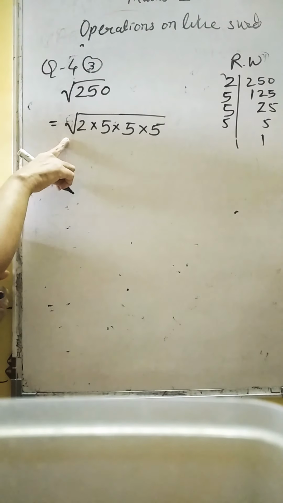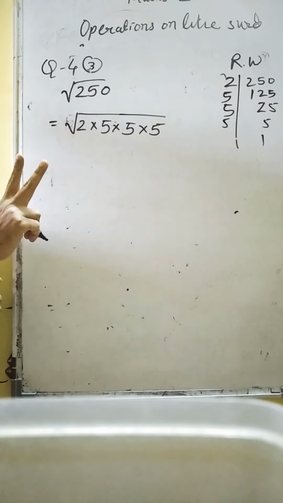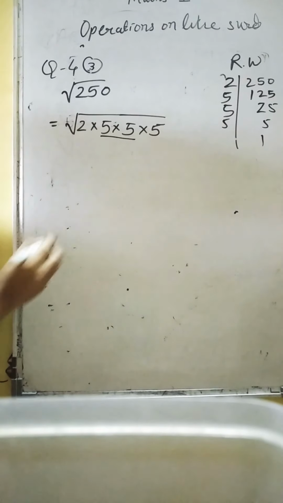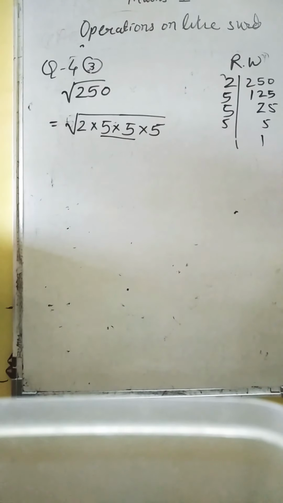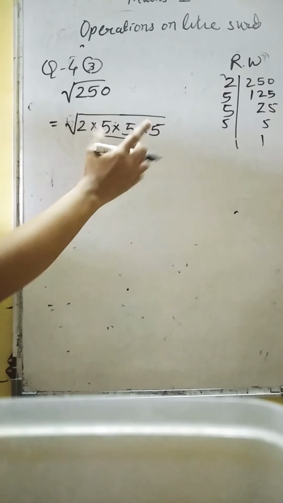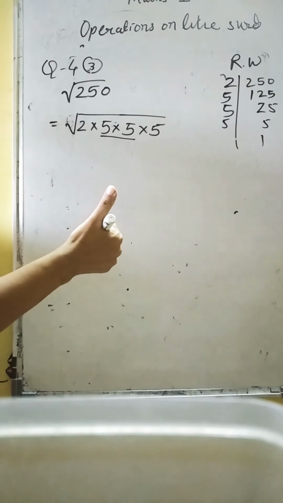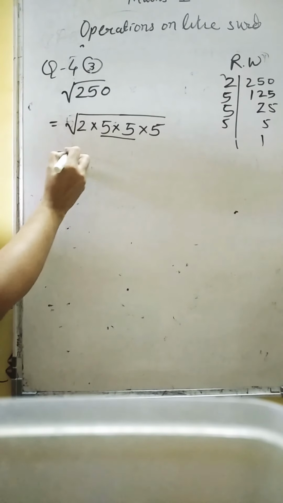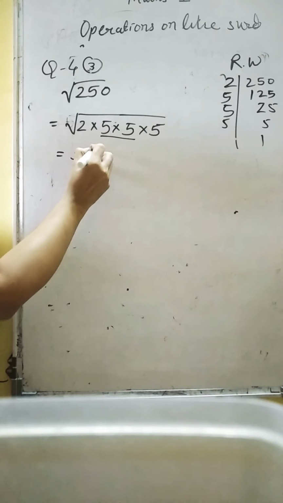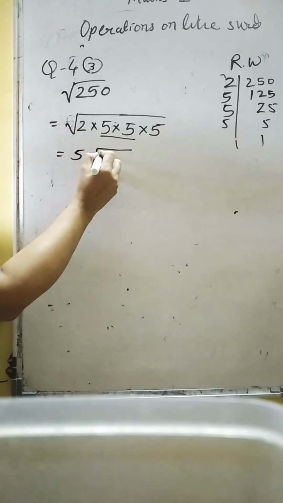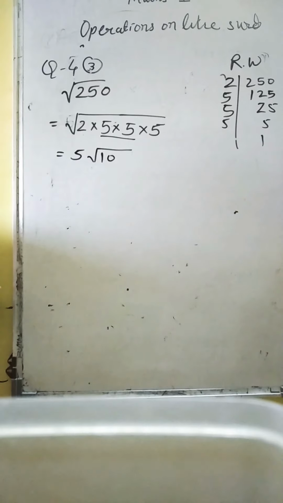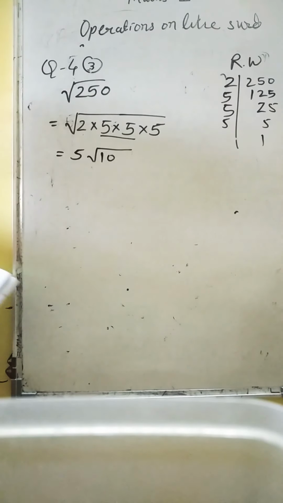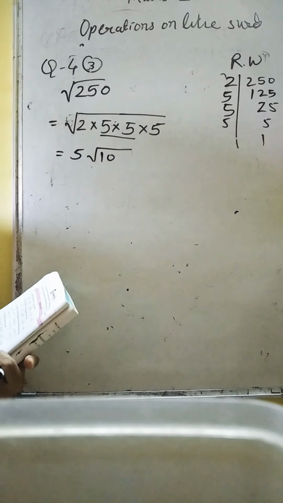अभी as it is a square root, जो भी terms दो बार आई है वो एक बार बाहर निकल सकती है. So here I am having one pair, 5 into 5. ये 5 है बस, की कोई pair नहीं है. Okay, so that I cannot take. I will just take 1 5 out. What will remain inside? 2 5s are 10. So this becomes the answer of it. Okay? चलो एक और sum practice करते हैं.